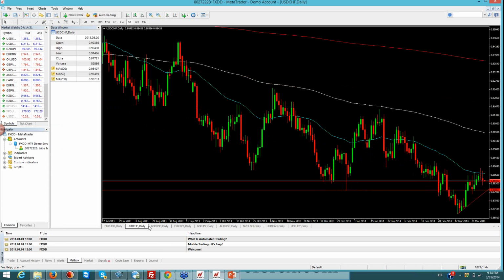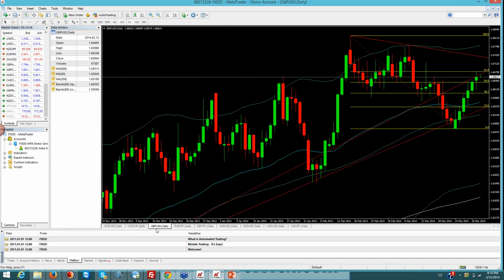All right, so both of these are in consolidation. Euro dollar in consolidation, dollar Swiss in consolidation. Let's look at the pound dollar. Now the pound dollar has had 6 days of up move. We've had a move up on the pound dollar, 1, 2, 3, 4, 5, 6, and we're abutting this area